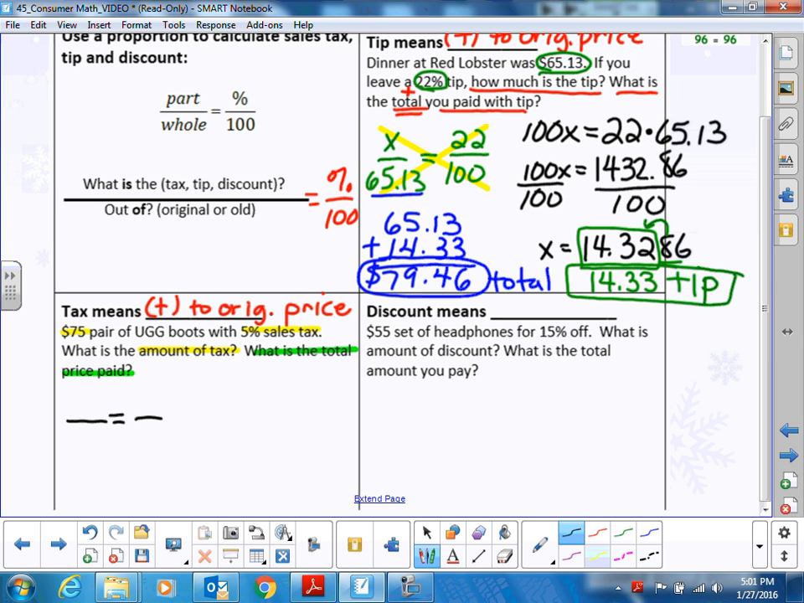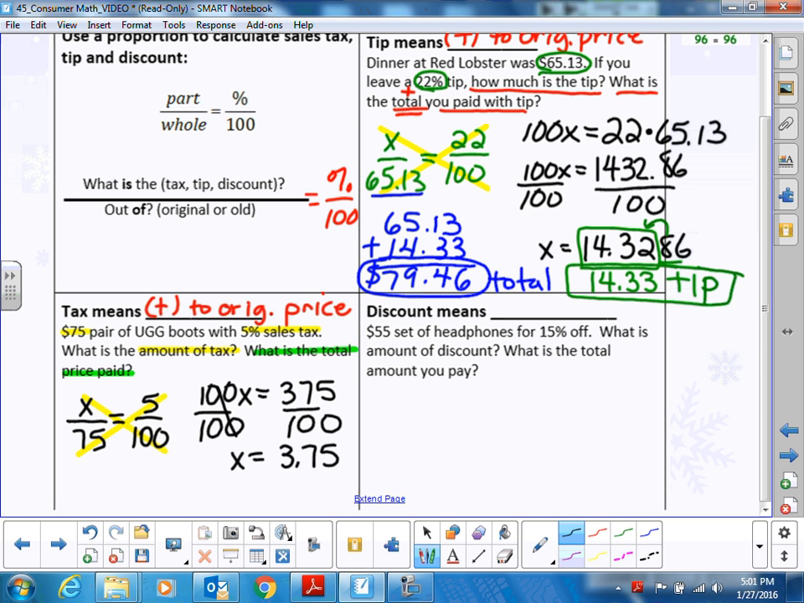We're going to do X over the original price, which was $75. And then our percent is 5% over 100. We're going to cross multiply. When we cross multiply, we get 100 times X. And then we have 75 times 5, which is 375. Divide by 100 to solve. And we get X is equal to